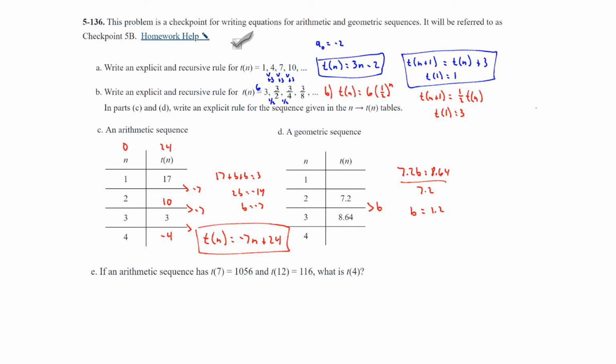Now, we do need to go back because we need to know what term 0 is. So I went back and completed the table. Since the multiplier is 1.2, anytime you're going backwards, you're going to work backwards from that. So if you multiply by 1.2, you're going to divide by 1.2. And so now we have all the information we need. We just need to write the